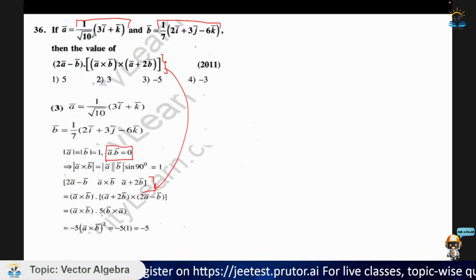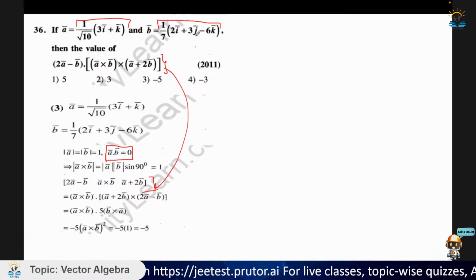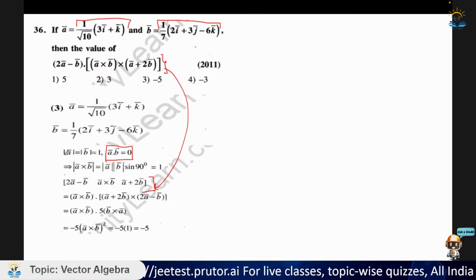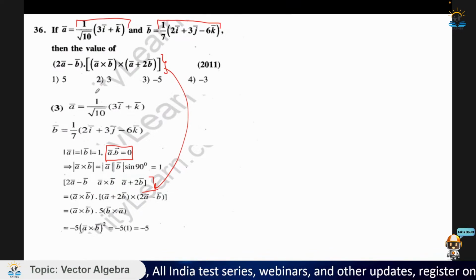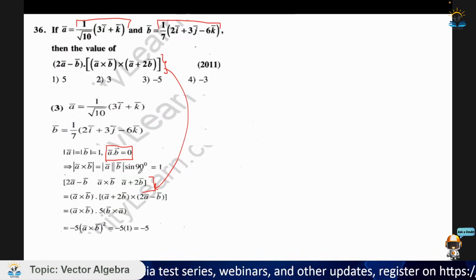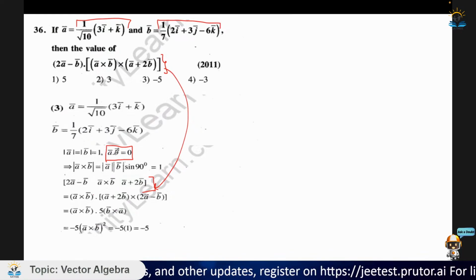आप सिंपल इसको जब a dot b करोगे, हमारे पास वेक्टर दिया हुआ है तो हम डायरेक्टली डॉट कर सकते हैं और देख सकते हैं। सो हमारे इस क्वेश्चन में बेसिक ऑब्जर्वेशन काम आते हैं कि a वेक्टर और b वेक्टर दोनों यूनिट वेक्टर हैं, दोनों परपेंडिकुलर हैं। ओके, सो हमारे पास a cross b निकाल सकते हैं सिंपली, विच इज इक्वल टू 1। ये 1 है, ये 1 है, और ये 90 डिग्री है। अगर a dot b 0 है तो व्हाट इट मीन्स, |a||b| cos theta इज इक्वल टू 0, एंड cos theta इज 0 है एट theta इज इक्वल टू 90 डिग्री।